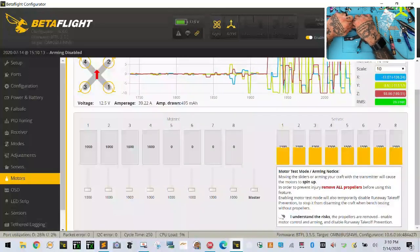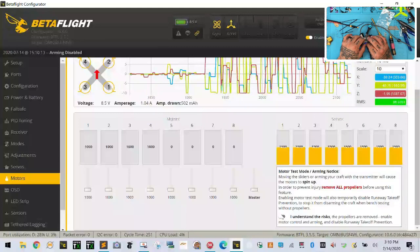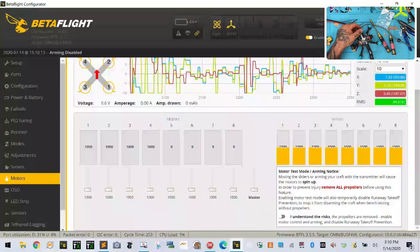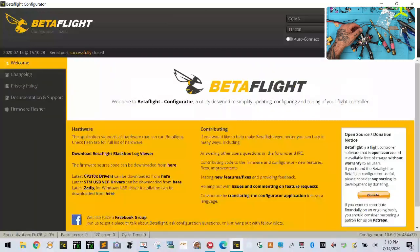We're done. I am going to go ahead and plug in the VTX now. Okay, and I can unplug. Let me disconnect this. There you go. Unplug this. And let's put this here. And then all that stuff in the small box, so that's like my last